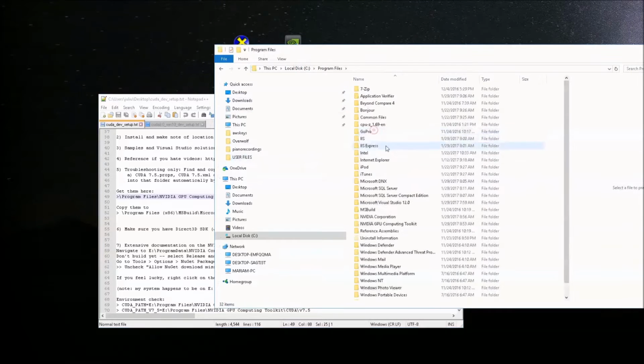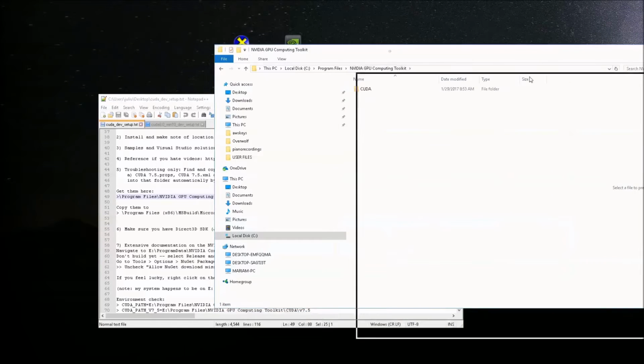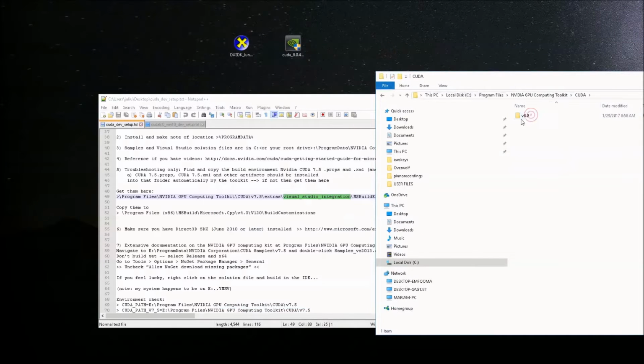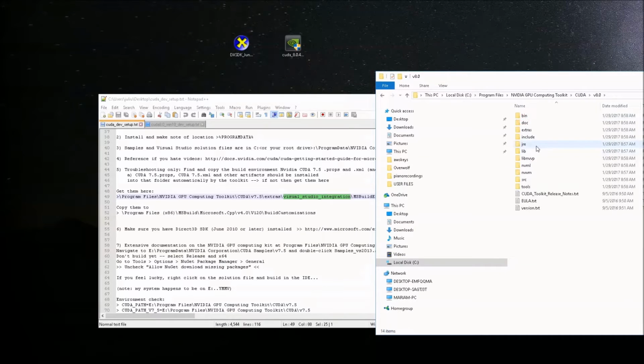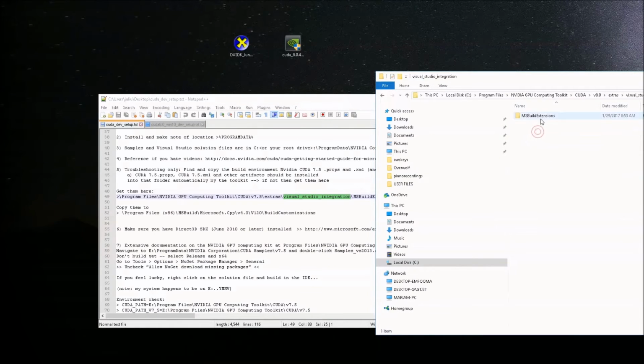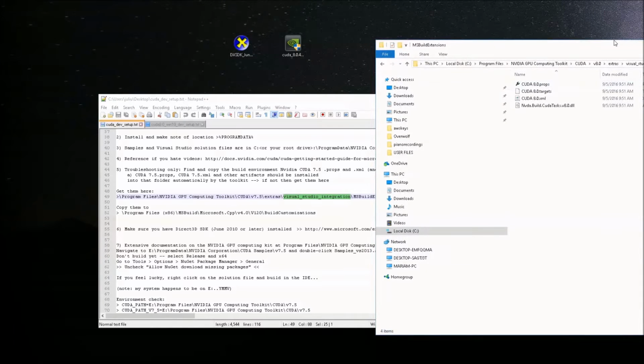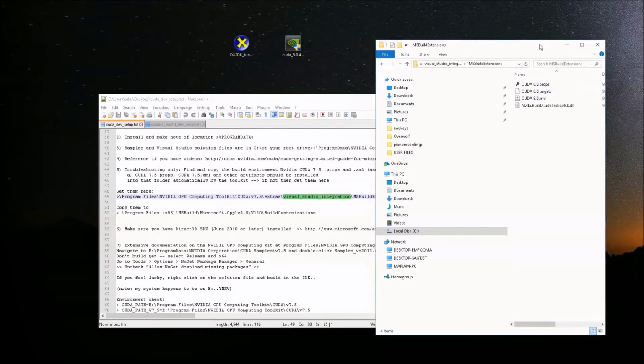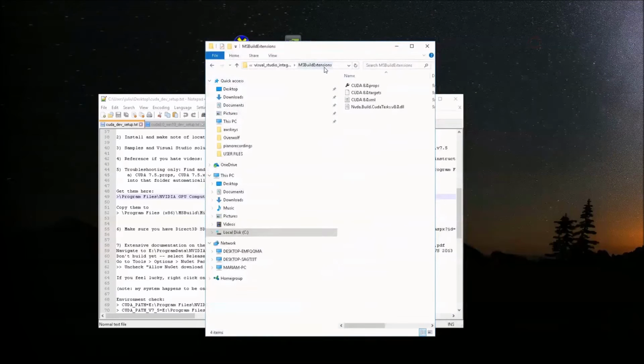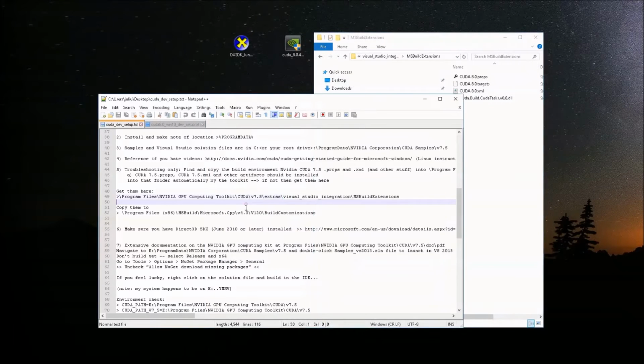I'm going to go here and GPU, Cuda, 8.0, extras, Visual Studio integration, MS Build extension. So here are the files that, if you got the installation out of order, you will want to copy these files into